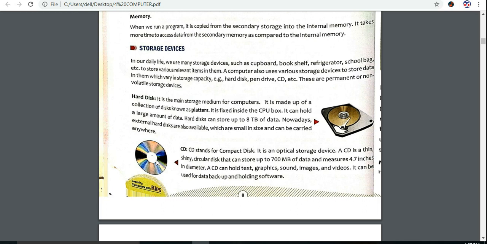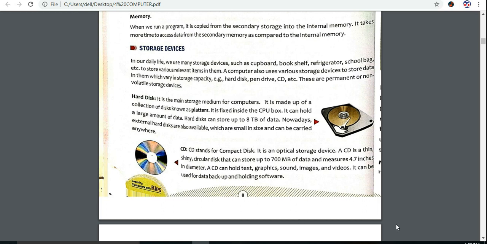This CD is typically used for storing sound, our audio files. Using this CD, we can store up to 80 minutes of audio in it. And it just looks like a DVD.